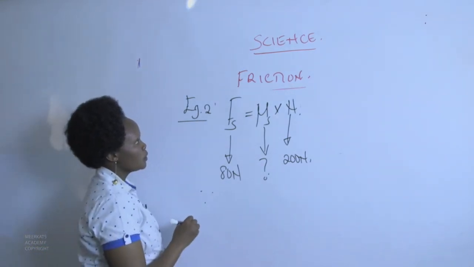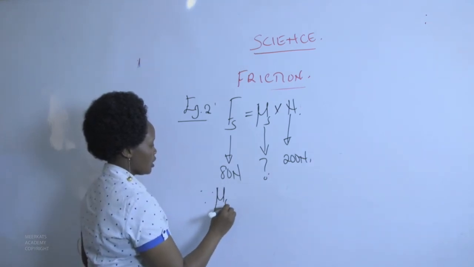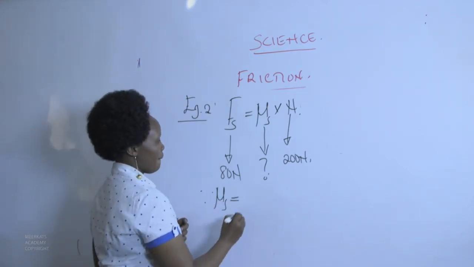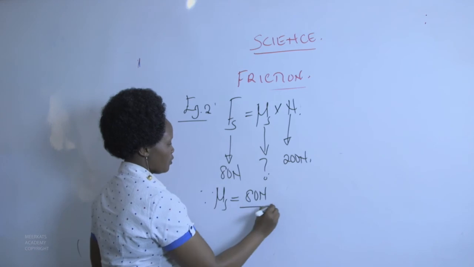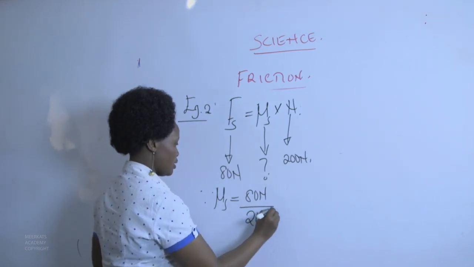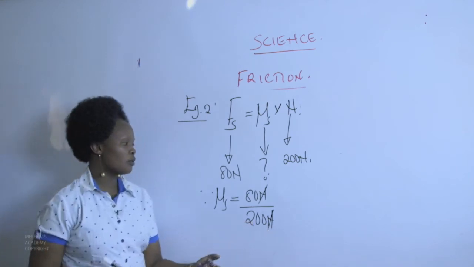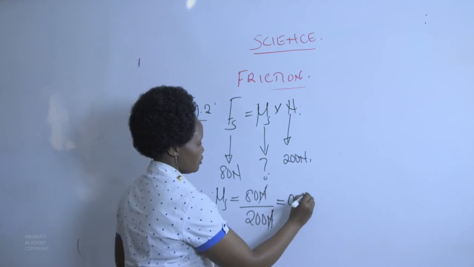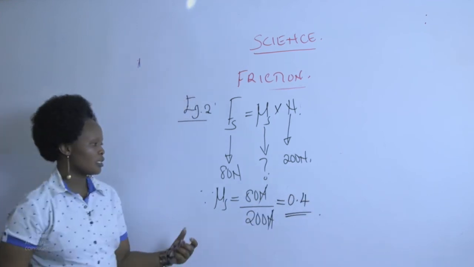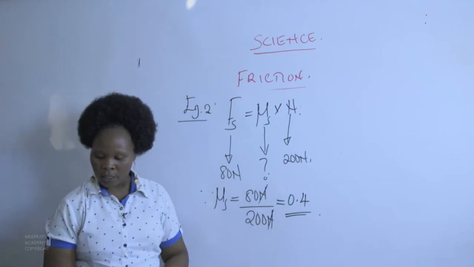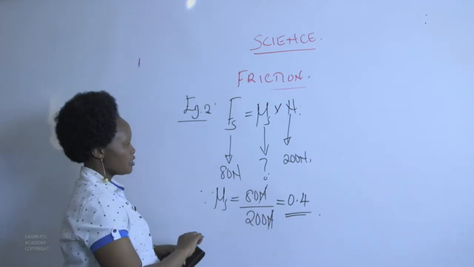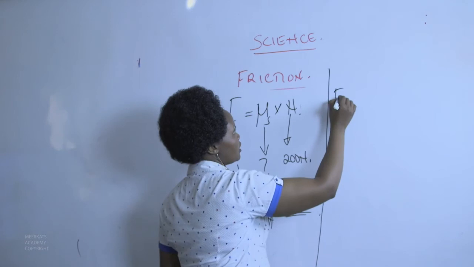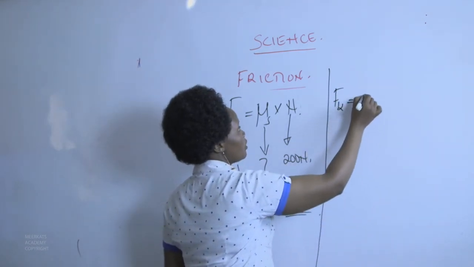Therefore, the coefficient of static friction will be given by 80 newtons all over 200 newtons. You can cancel the units, and 80 divided by 200 is 0.4. That is our coefficient of static friction. For the same surface, we want to get the coefficient of kinetic friction, which is given by,